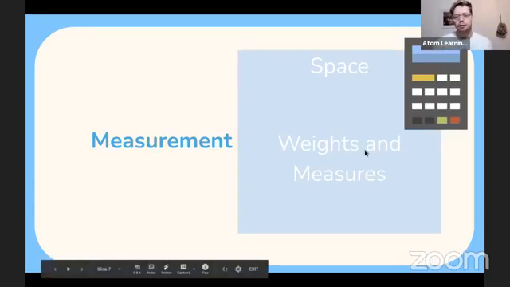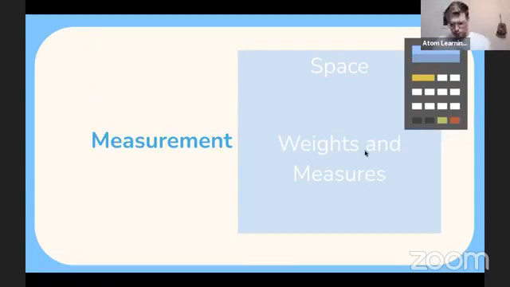Measurement, space, weights, and measures. Again, this is also on the national curriculum. So just making sure they know different units, how to swap from grams to kgs, milliliters to liters. I think baking is a great way of practicing this, and you get a nice little cake at the end of it. So that's a fun thing to do, well, especially when there's not a lot to do in lockdown, am I right? So practice doing some baking, and just make sure that there is a good command of exchanging between grams, kilograms, milliliters, liters, centimeters, all that kind of stuff.